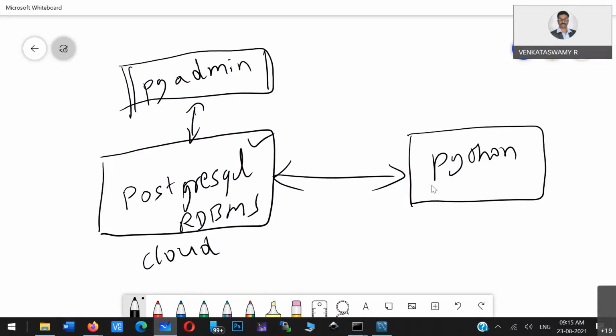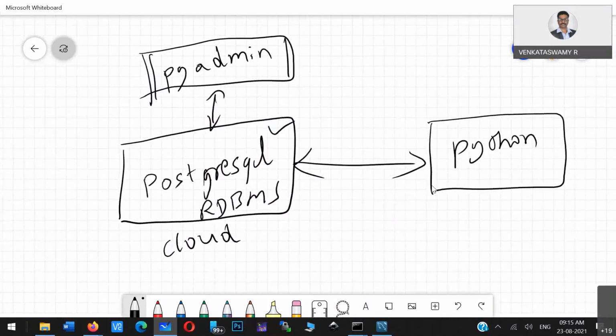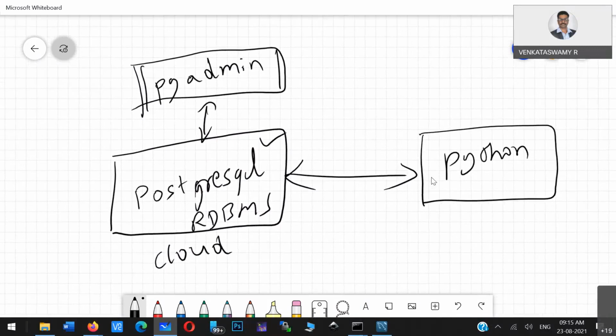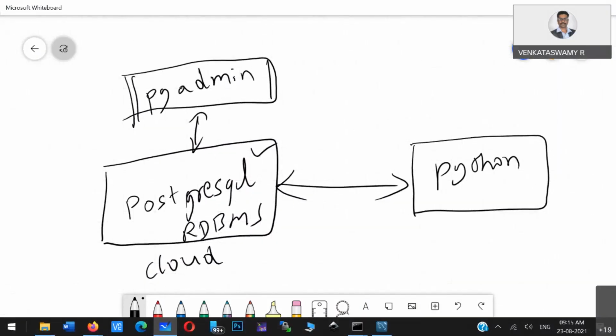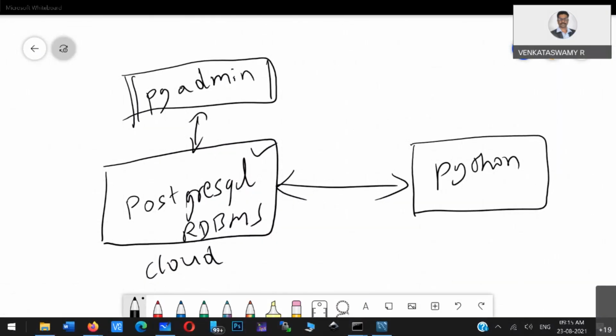So now the question is, at this particular point, did you understand what problem we are going to deal with today? Any questions on the problem? We are introducing some additional components. Otherwise, it would become similar to the MySQL and Python connection, where we could take up the same problem and work. But here we are going for a cloud database.